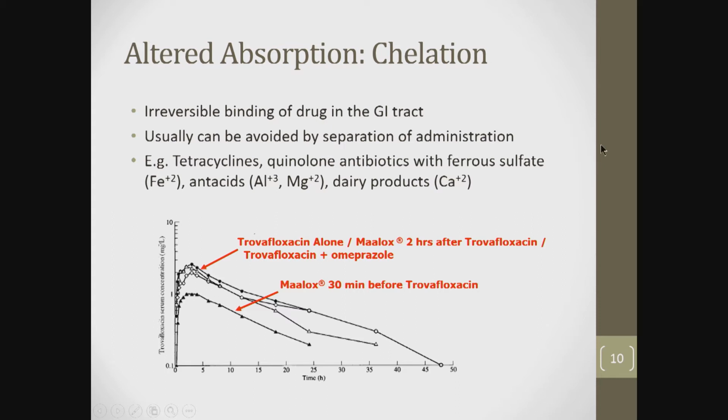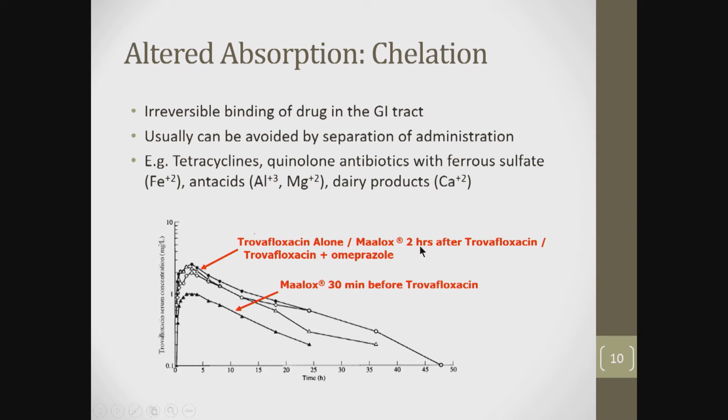Another example of altered absorption is the effect of chelation, and this is basically irreversible binding of drug in the GI tract, which can happen to certain phosphate medications, certain prodrugs. Classic examples of these are the tetracycline and quinolone antibiotics, which are sensitive to combination with things like antacids and dairy products, calcium-containing products. And in this example, we have a fluoroquinolone, trovafloxacin, given with either Maalox, which contains magnesium and